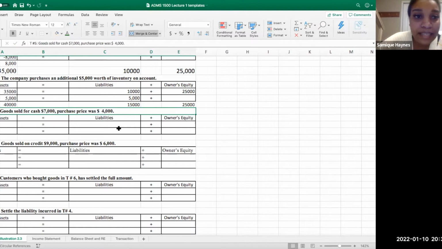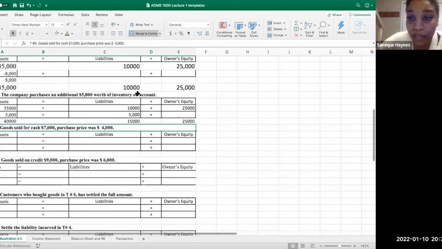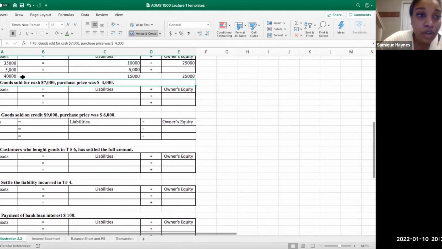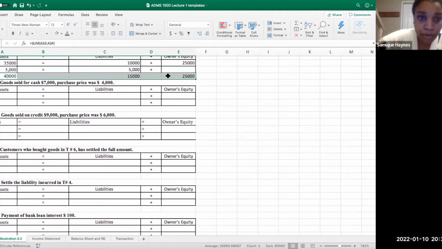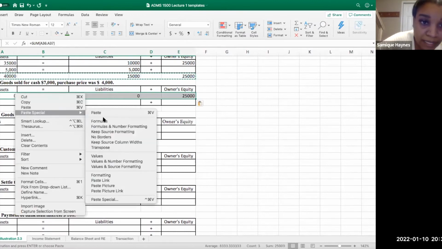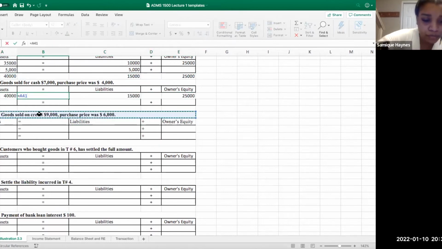Now, as you can see this whole time, our equation keeps on balancing, right? 40,000, what we own, is equal to 40,000, 15 plus 25, what we owe. Always equal, right? If you look at all of these, they're all going to be equal. And if it's not equal, you guess what? You did something wrong. So I'm going to copy and paste this down, bring down the beginning balance. Let me paste special, just the values, please.